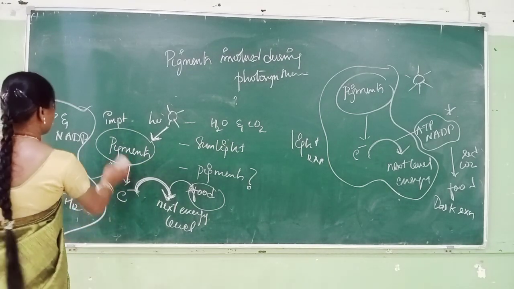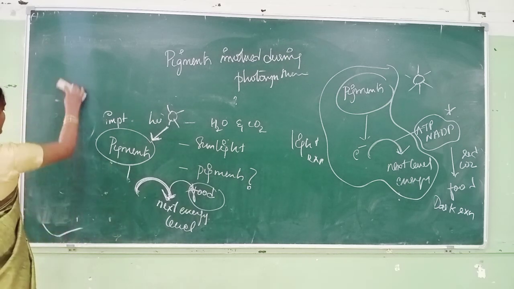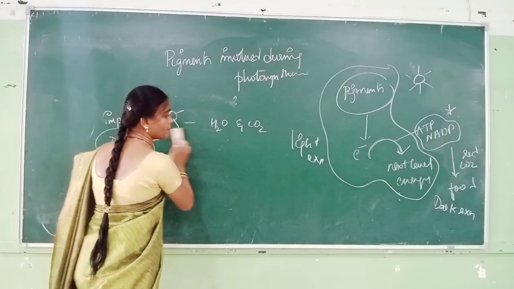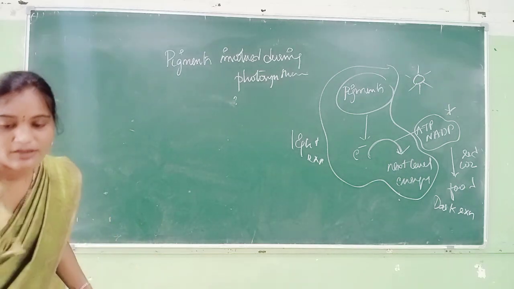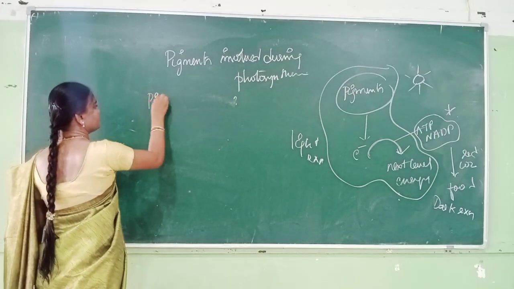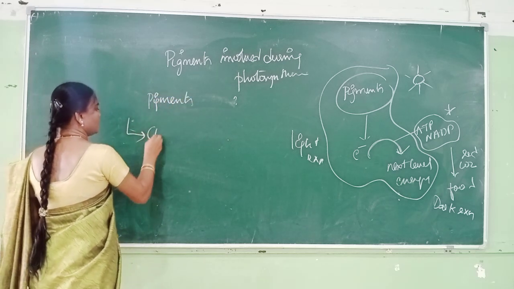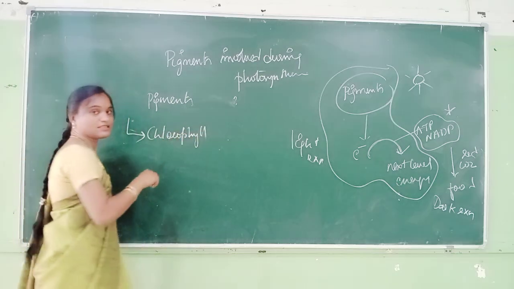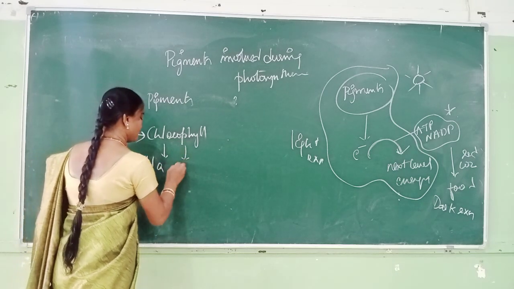In this particular session, you will also learn about the different types of pigments that are involved during your photosynthesis. So, this is the main function of your pigment, the importance of pigment. Generally, pigments are of different types. First one, chlorophyll. Chlorophyll is a pigment which has chlorophyll A, chlorophyll B,